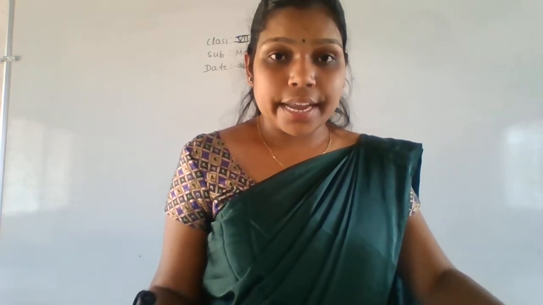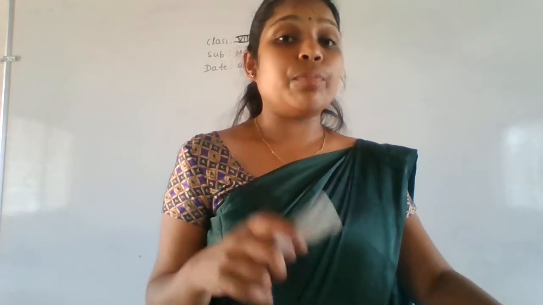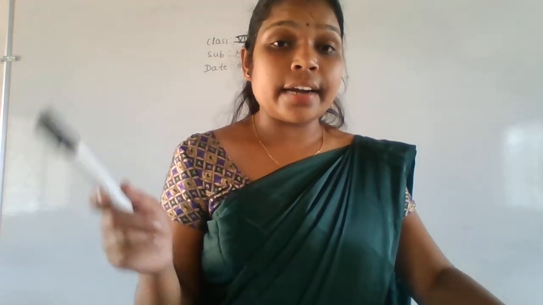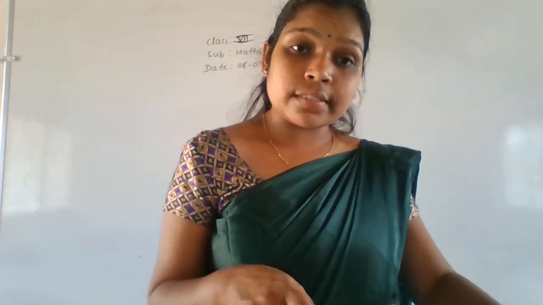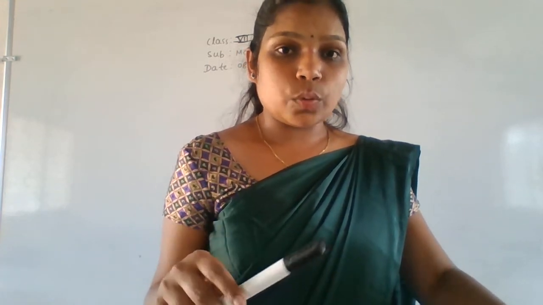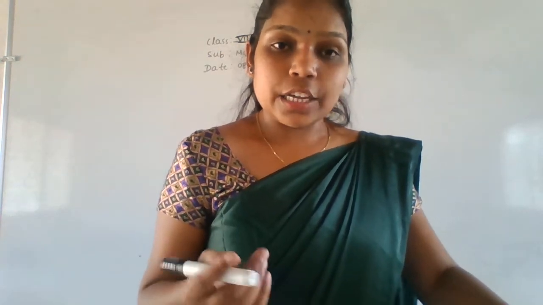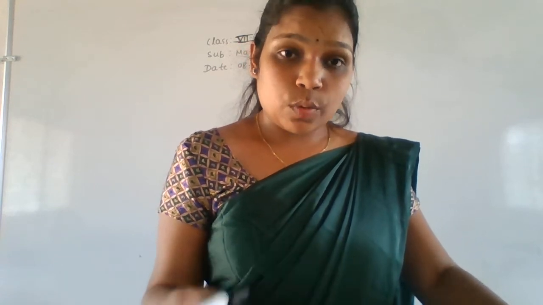I hope everyone knows about the signs. In 6th standard you studied the signs, right? If both are plus, the sign will be plus only. If both are minus, add those two numbers and write the negative sign. And if one is plus and one is minus, then subtract those two numbers and write the sign of the bigger number. I told this in class and gave all those hints, so I hope everyone has those notes. If you don't have them, search for the notes and go through them once again. Then only you can understand the sign conversions, which are very important.